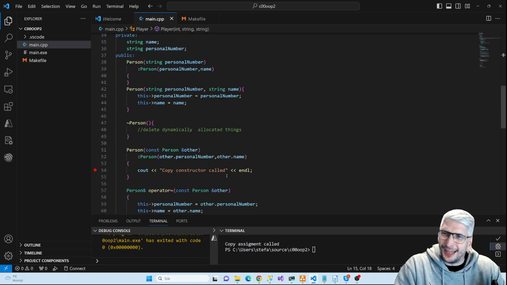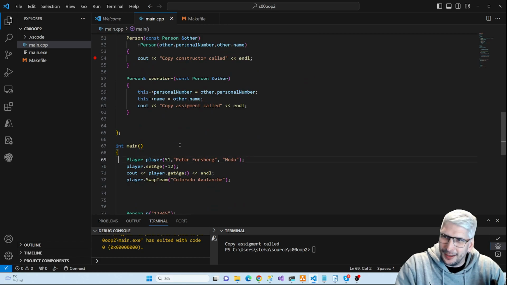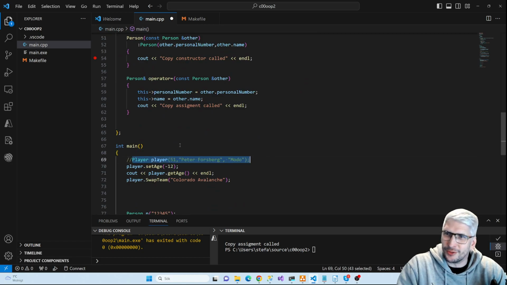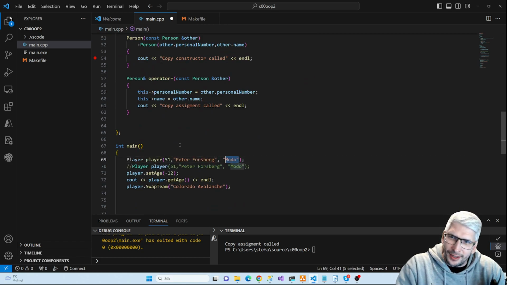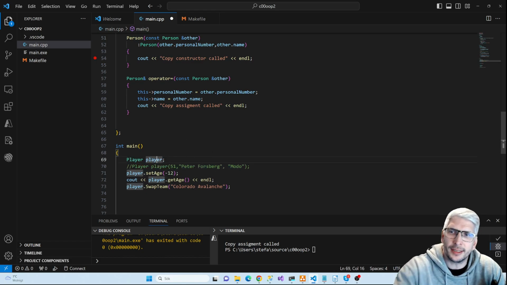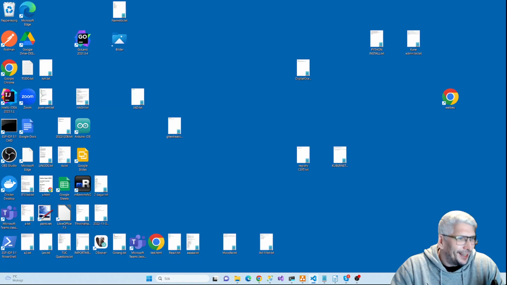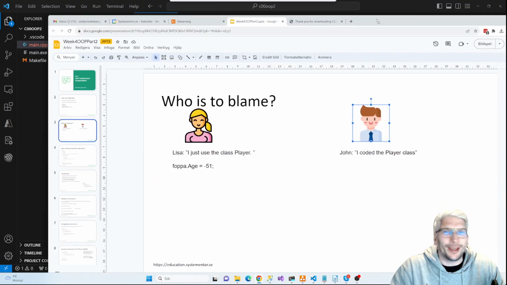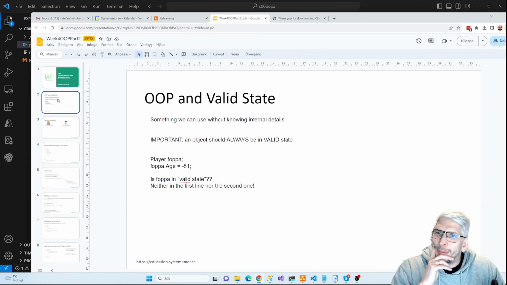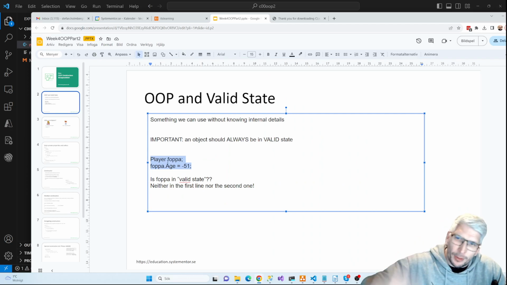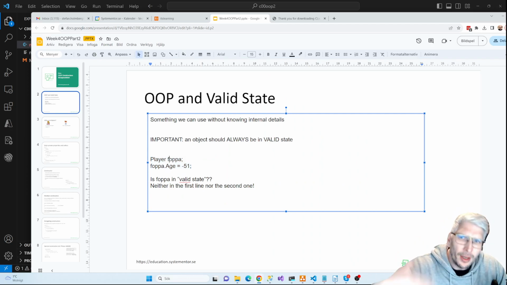But as I was saying, before we added that constructor, it was possible to do it like this, right? At least in the slide it was possible. Let me see if I can find the slide. There it is. Okay, so we did have this example. So it was possible to create the player without